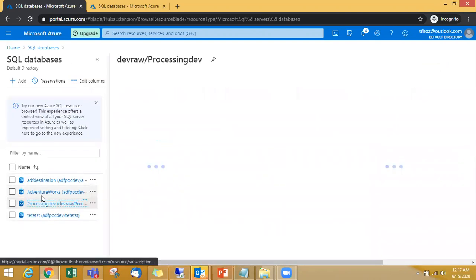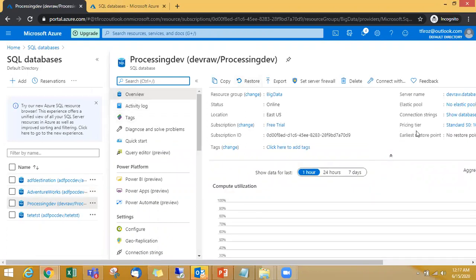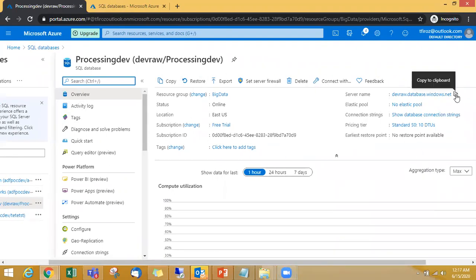I'll click on this. Then here I'll see everything like pricing tier, complete server name. If you want to connect in SSMS, you can use this. Location, free tier, everything you will be able to see. If you have to whitelist any IP, you need to click on this and then whitelist. If you want to delete or restore, you can do it from here.